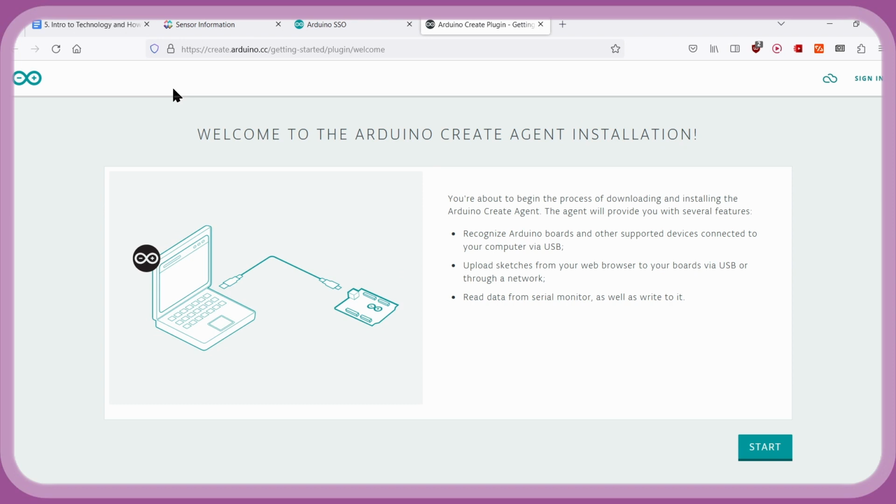This video is for anyone who's bought their own sensors and needs to load code onto them in order for them to work with our curriculum. In order to work with our instruments, the sensors need to be loaded with code that we've created in order to communicate to the websites. So the first step is going to be going to this website here,